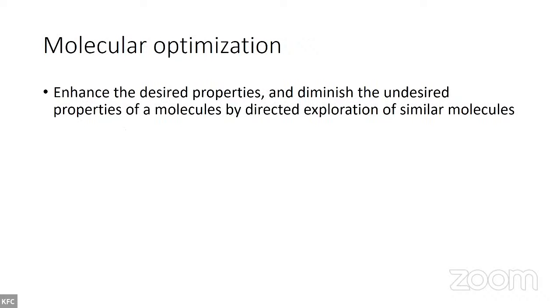Now let's move to part 2, molecular optimization, and this is making use of similarity to get our properties of interest optimized. As I wrote here as well, what we want to do in this task is very simple. We want to enhance our desired properties and diminish our undesired properties, and we do it by way of similar molecules. And actually, in a typical molecular optimization, we don't necessarily even need similarity metrics